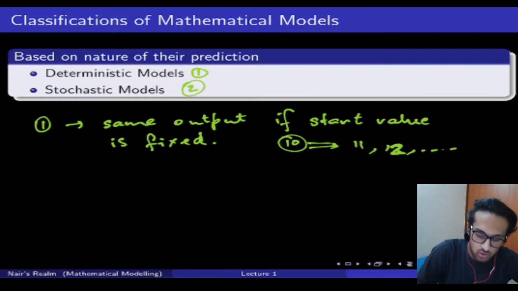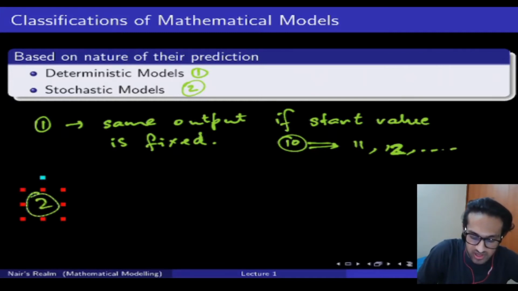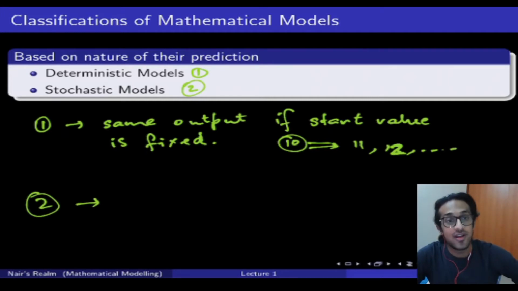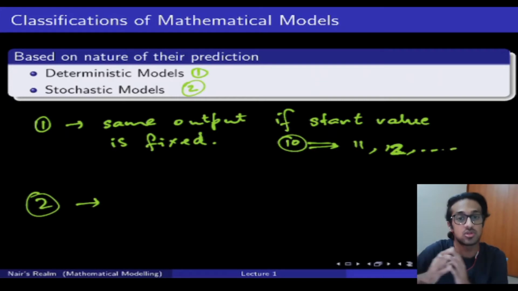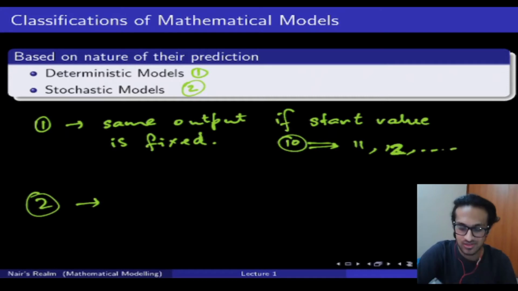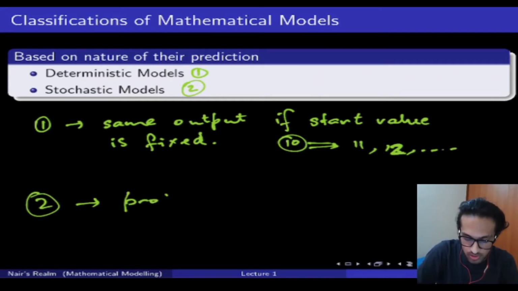Cool. So now for the stochastic model. If I were to go at different times or different instances in the day, like I said, the probability of people being there is different. So it not just depends on the total number of people in the store, it also depends on the time at which I go to the store. So this has more probability involved in it.